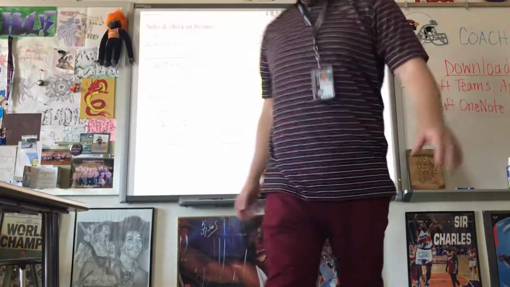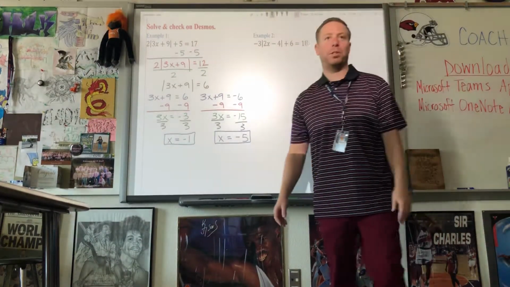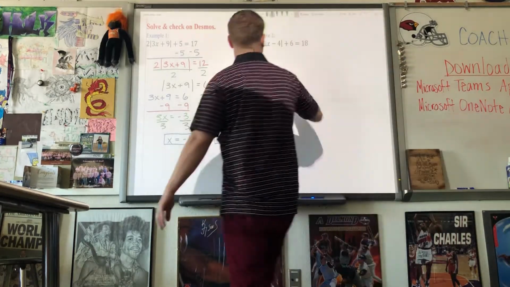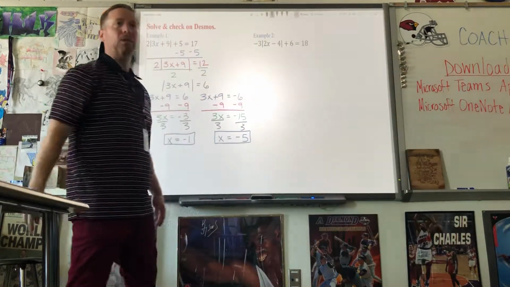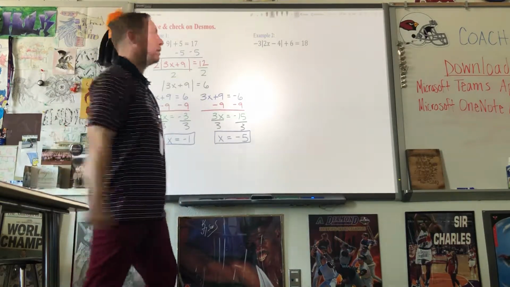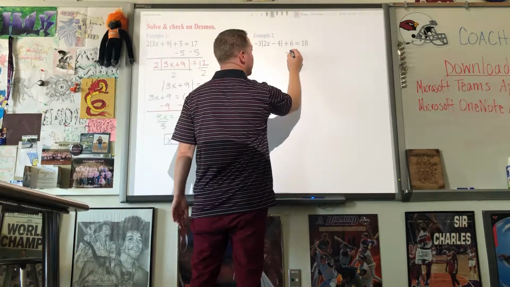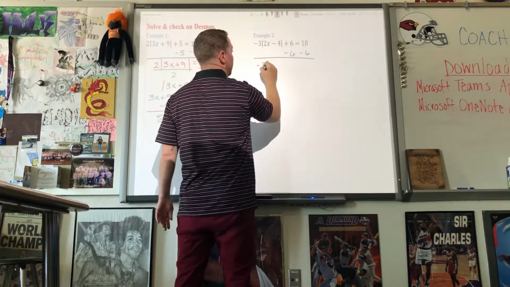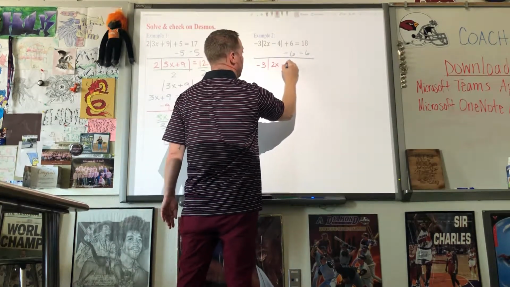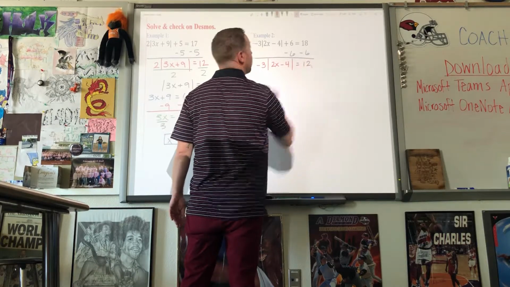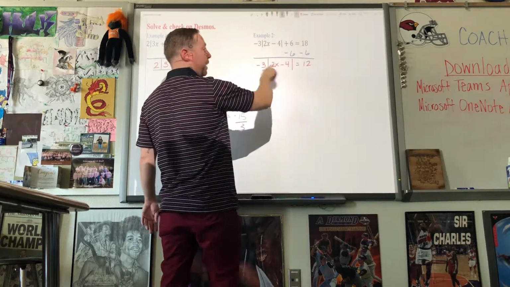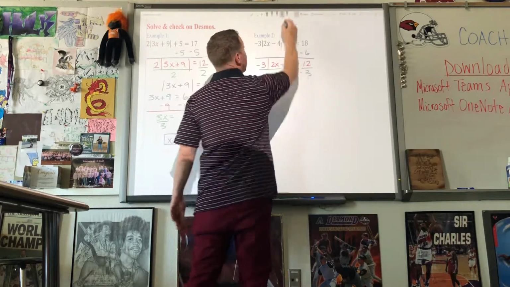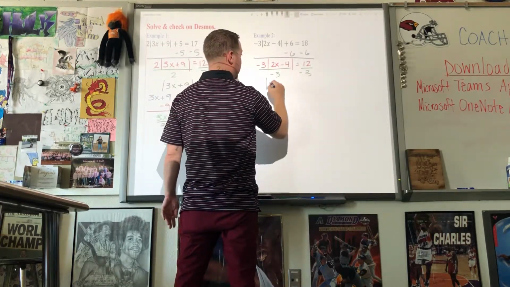All right, example 2 for solving absolute value equations. It starts the same way. I need to isolate my absolute value before I start doing any red box stuff. So I'm going to get rid of this 6 by doing the inverse. Bring everything else down. Okay, I need to get rid of my -3 that's multiplying by this, so the inverse is divide. So now I've got